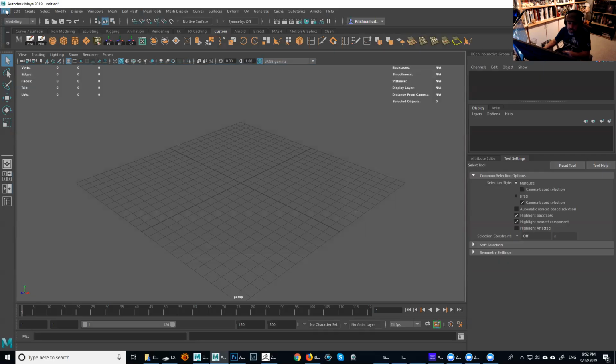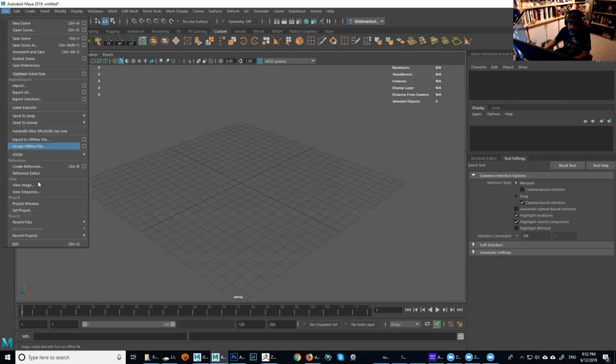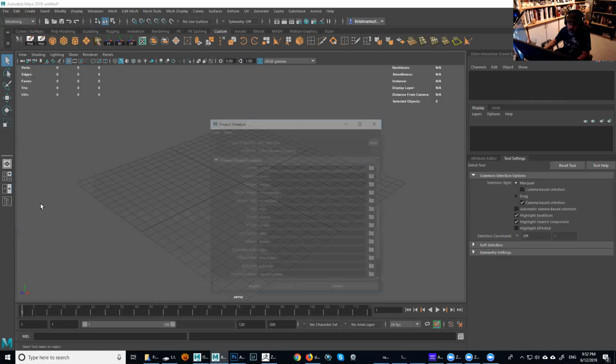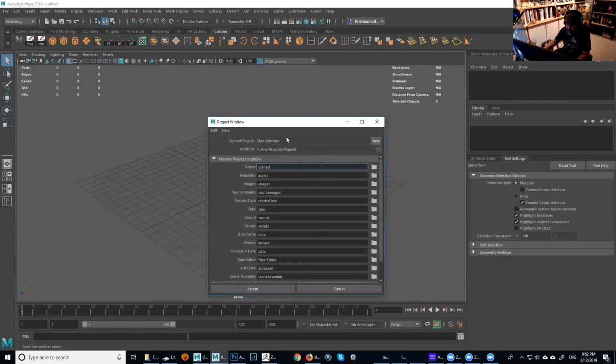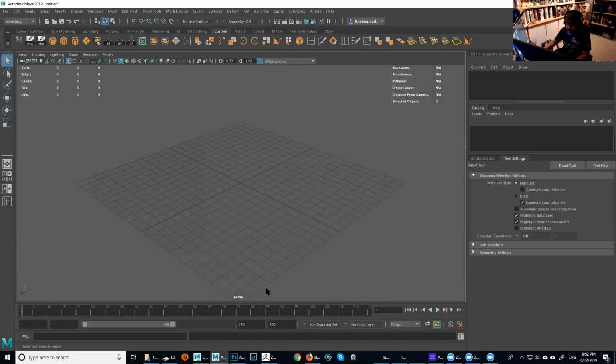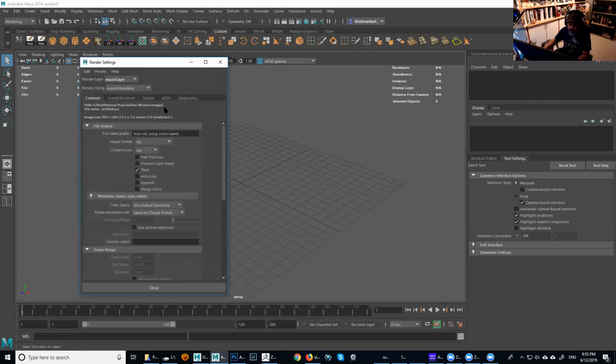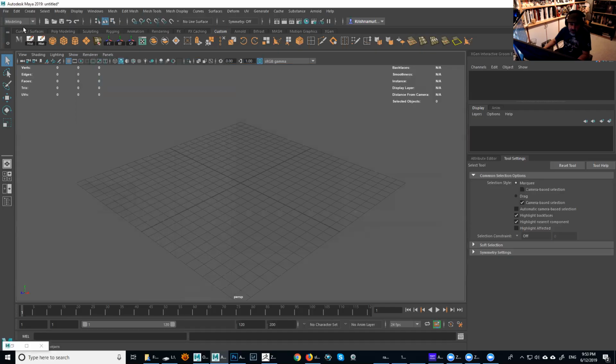Before you do anything with Maya, set your project, right? I already showed you guys the project window, you just have to browse and accept all the default folders, and that makes sure that everything is set for you. So if you render stuff from now on, for example in the render settings, it's going to put it inside the right folder at all times. Some of the stuff is very dependent on the structure of the files and folders, so it's good to have the project set from the get-go.